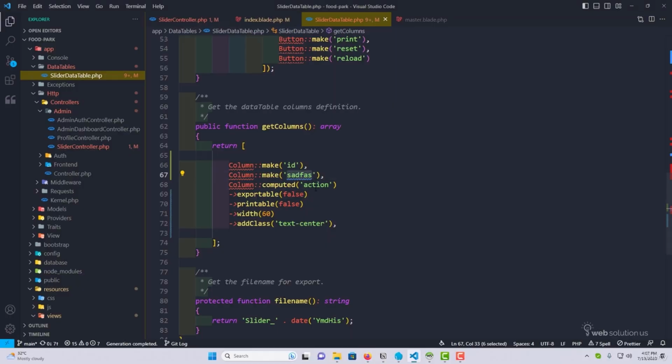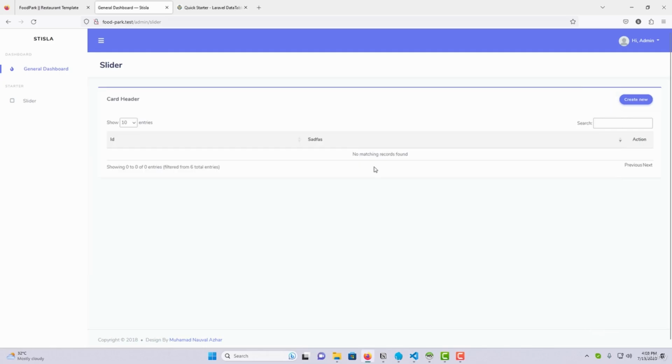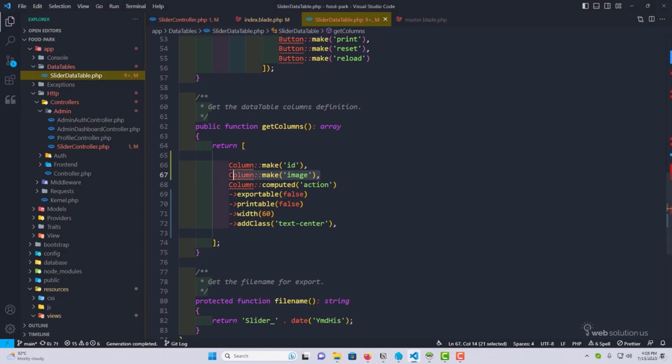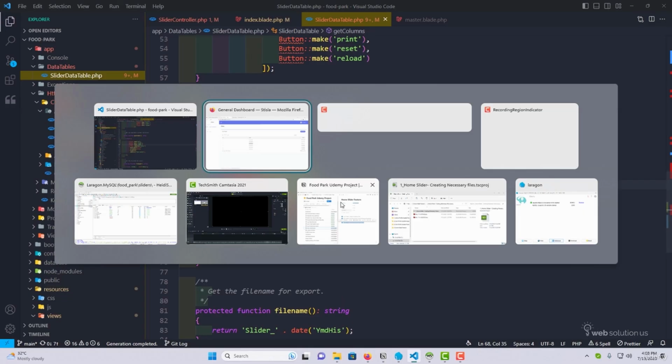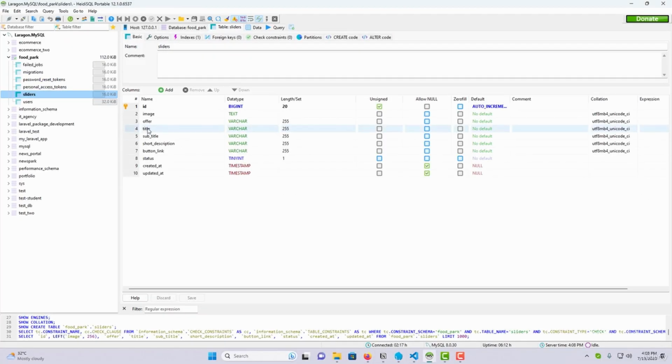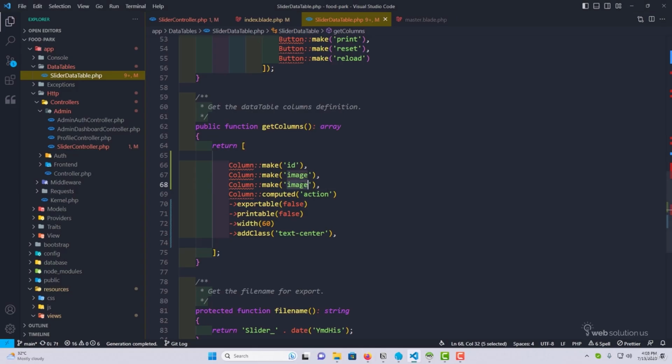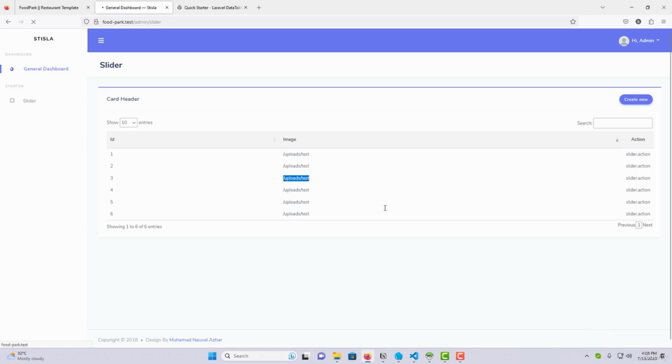So if you want to create a new column from the database, you have to provide the database column name here. Let's say I add image here, refresh this page, and look, an image column has appeared and we can see the image paths here, right? That's it. Similarly we can add another column which will be the title column. We have a title column in our slider table, if you remember, so we'll use the same name here, title, like that. Refresh this page